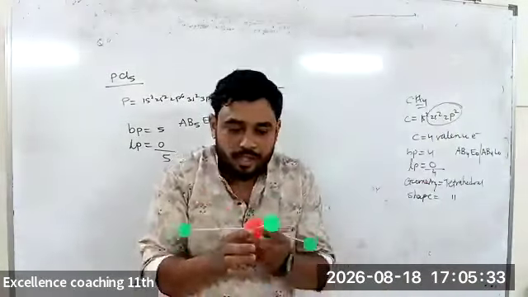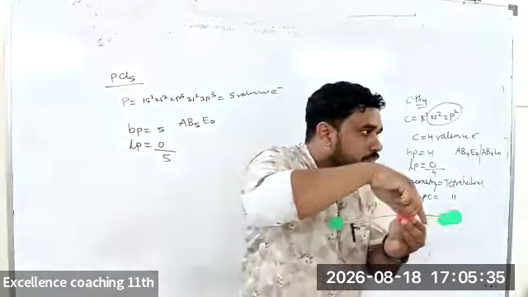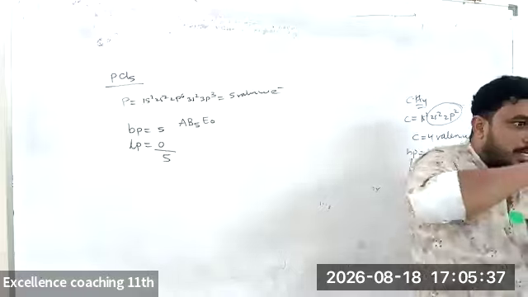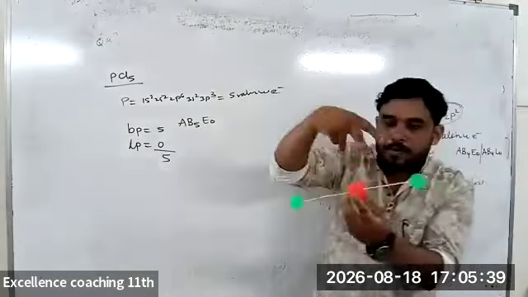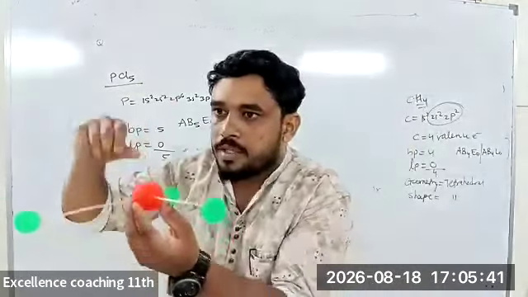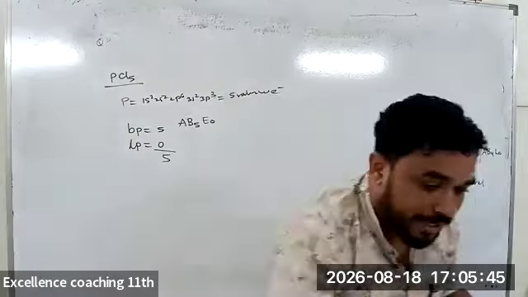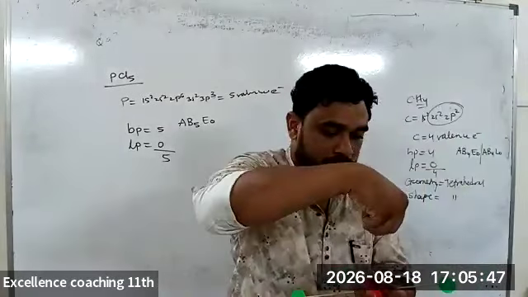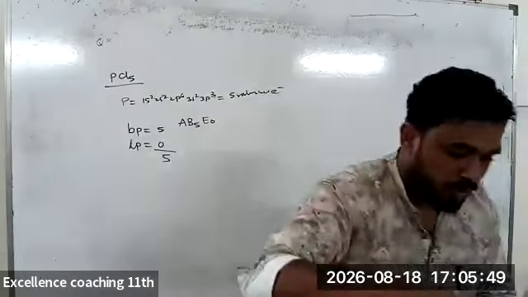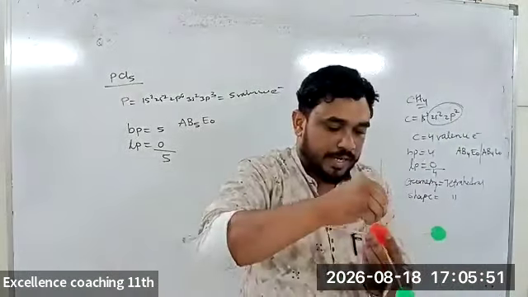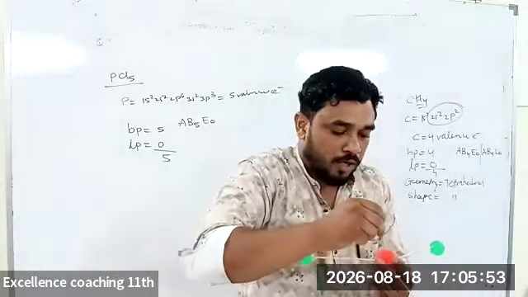This is the first three fluorines. What is this angle? 120. This angle? 120. This angle? 120. So the fourth fluorine will be placed exactly at an angle of